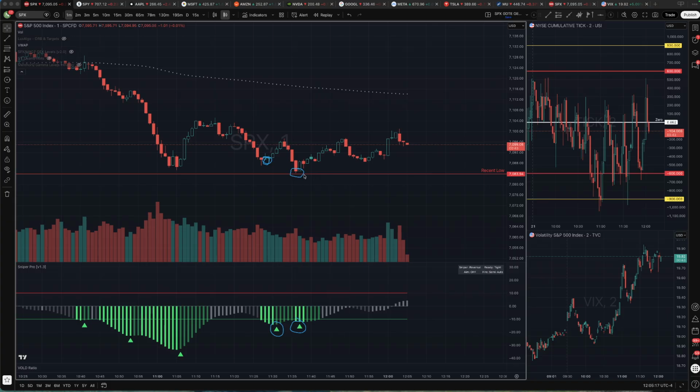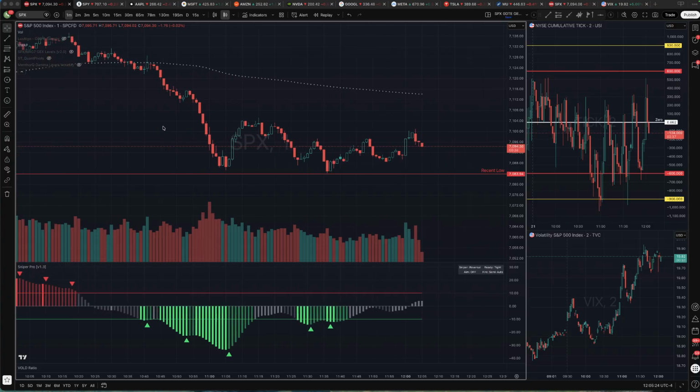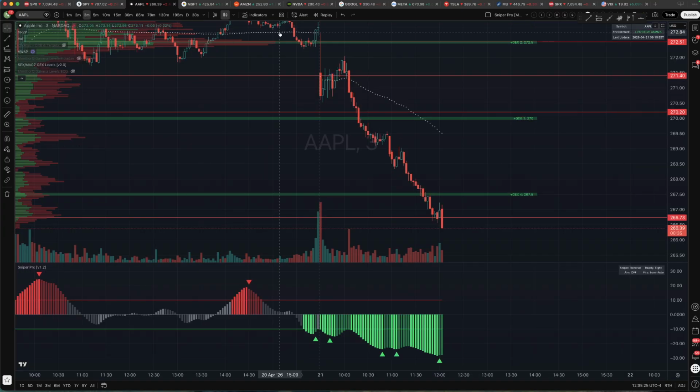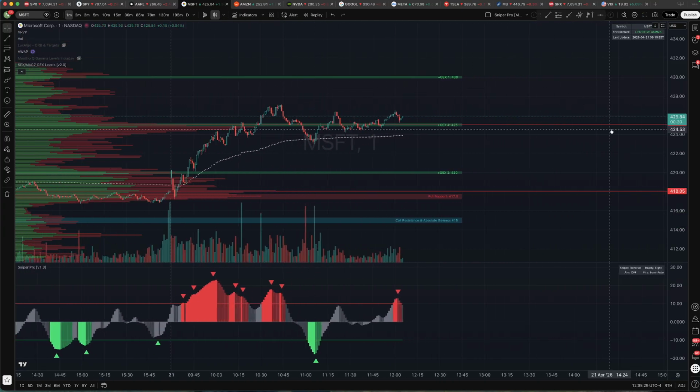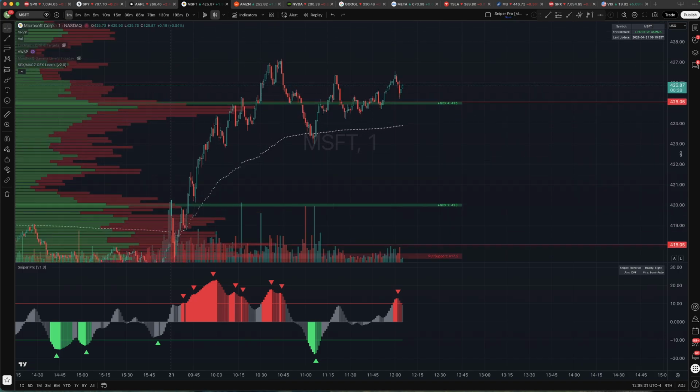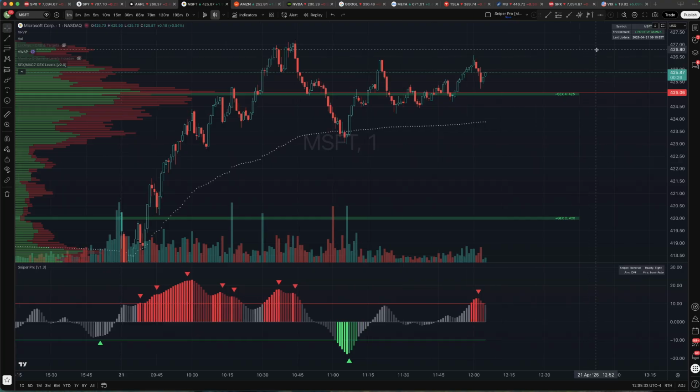Okay, so this is support right here for this chart. So that's one chart level that also works to the top side. Let me see if I can find a top side double top here. We're just coming into one right now, or we just did in Microsoft. You see this level here